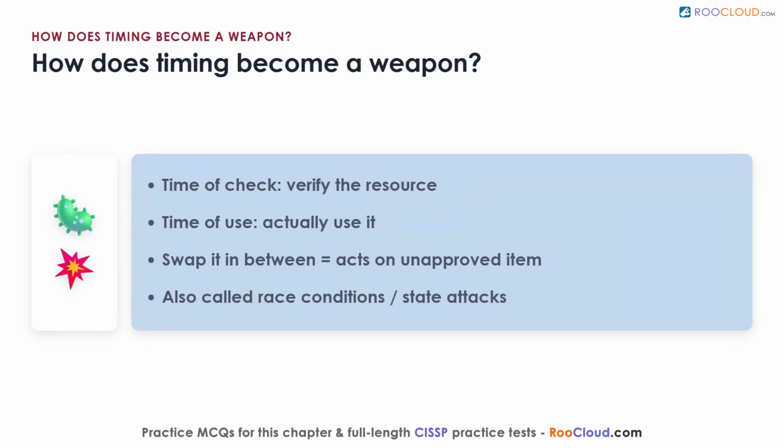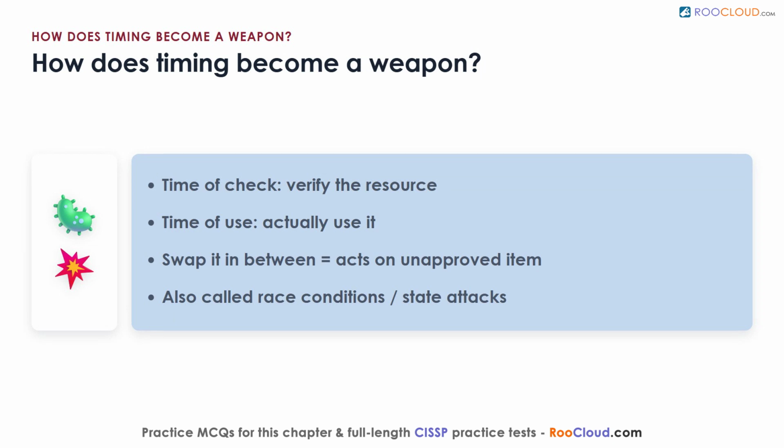How does timing become a weapon? Computers do things in a predictable order, and attackers exploit the gap between two steps. The classic pattern is a time of check to time of use attack. First, the program verifies that a resource is fine to use, the time of check. A moment later, it actually uses that resource, the time of use. If an attacker can swap the resource in that sliver of time between the two, the program acts on something